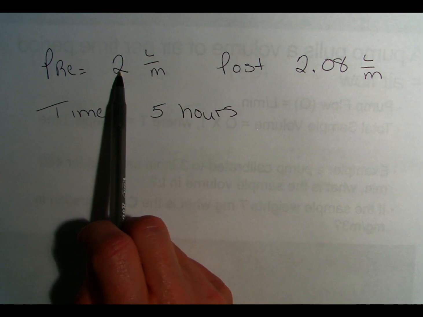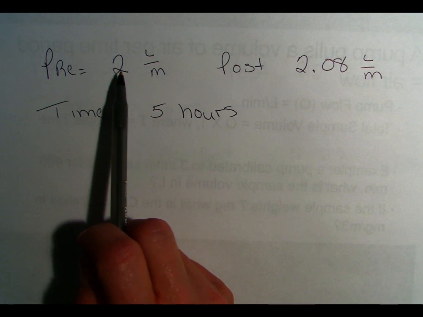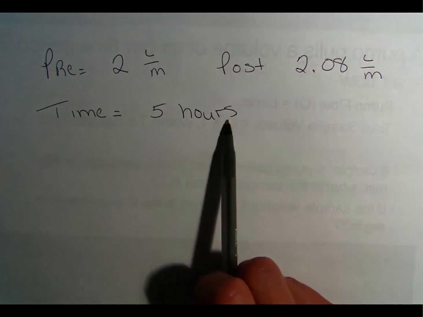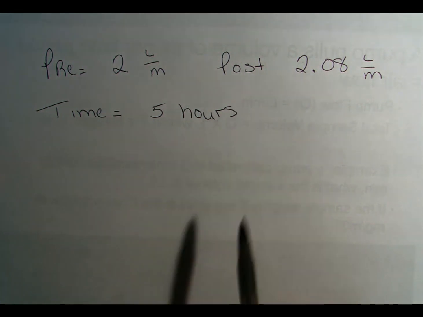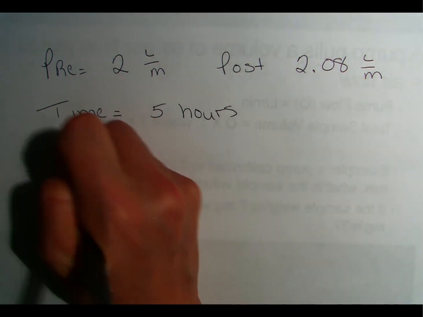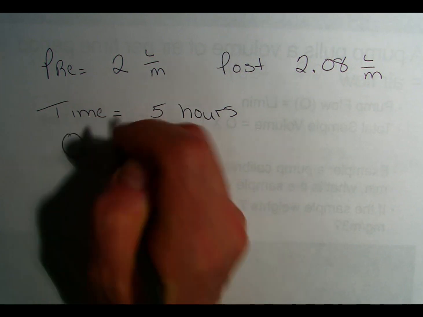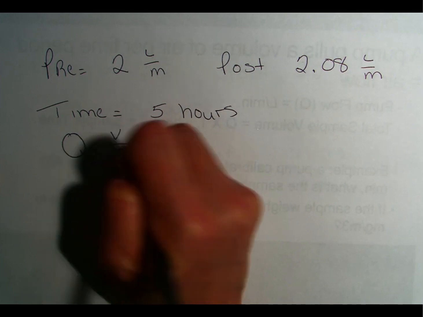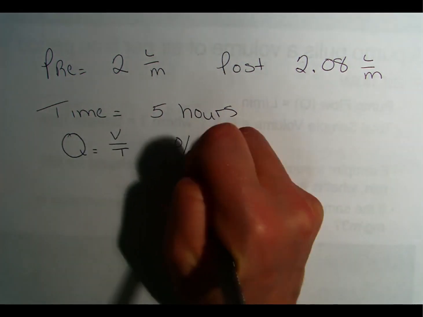When I pre-calibrated my pump before I sampled, I was able to set it at 2 liters per minute. My post-calibration is 2.08 liters per minute, and I sampled for 5 hours. So our first formula is flow, Q, equals V over T. Our next formula is for our percent error,